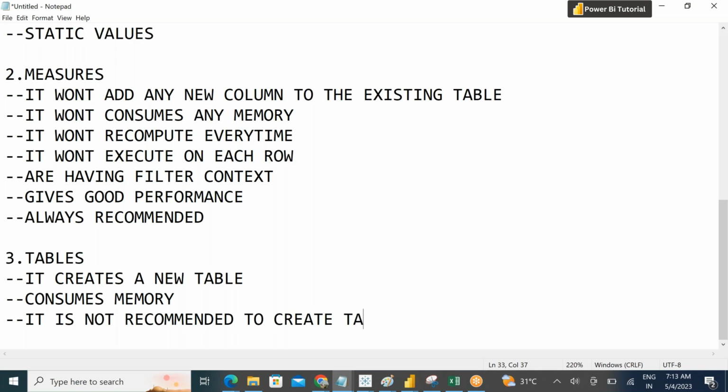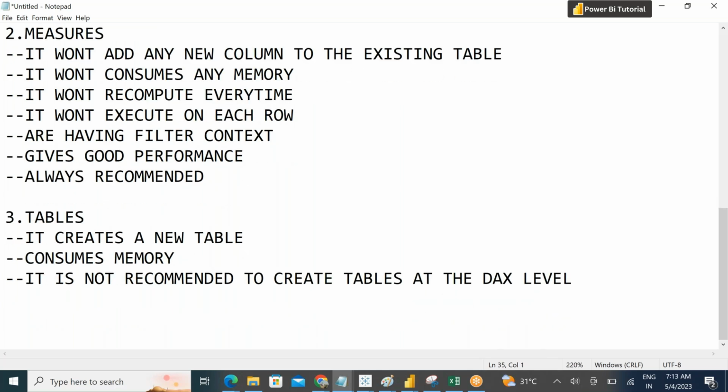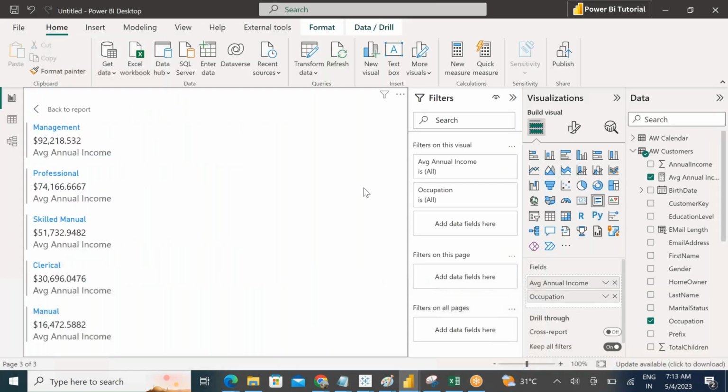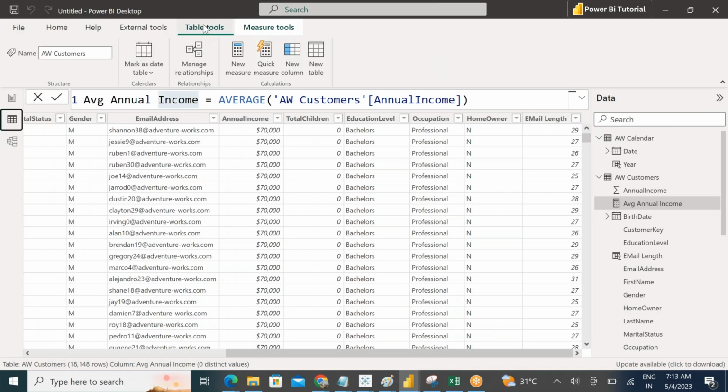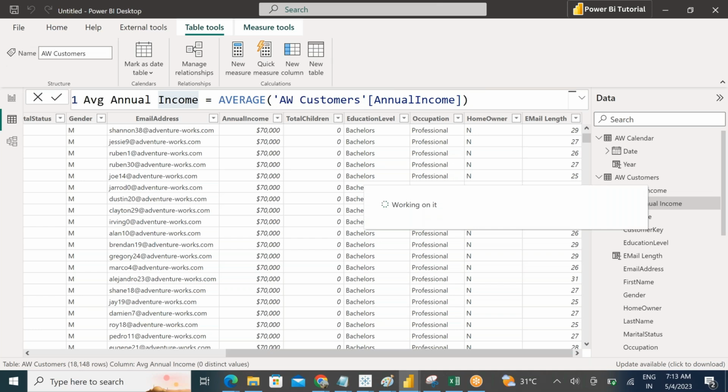It is always recommended to create tables at the Power Query level. At the Power Query level, we have an option of creating tables as well, right? So let me go back to Power BI. Once you go to the data window and click on tables, in table tools you could see an option of adding a new table. So once I click on New Table, this option will automatically create a new table,